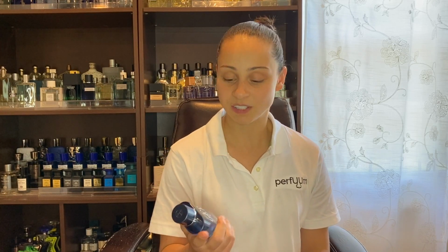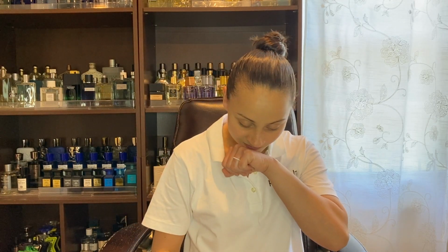So, yes, that is my review on Acqua di Gio Profundo Lights. Overall, I think it's a fun scent, very pleasant. It's one of those ones that you can't dislike, but I don't find it really groundbreaking. But I think it's worth giving it a try. It might be a touch redundant if you own the Profundo already, but definitely give it a try if you found this maybe a little bit too sweet,